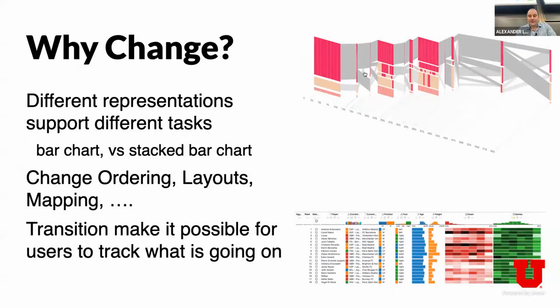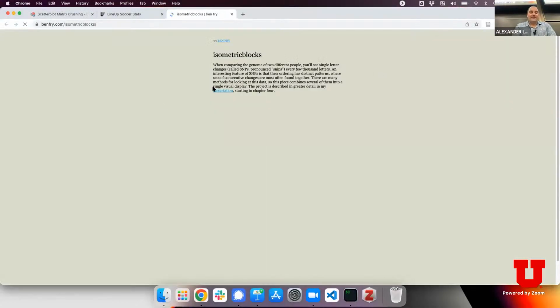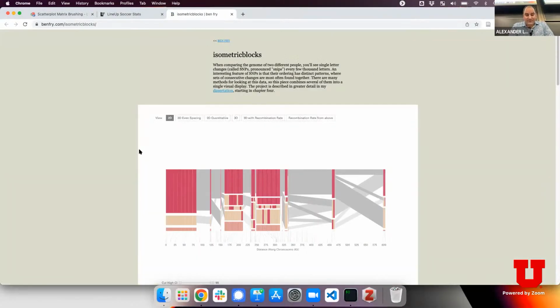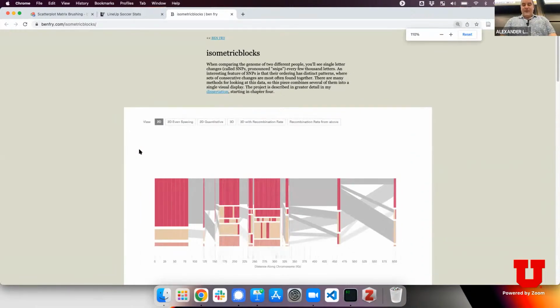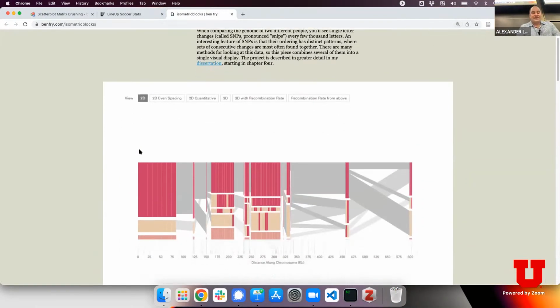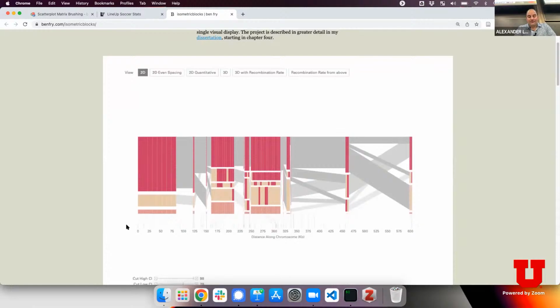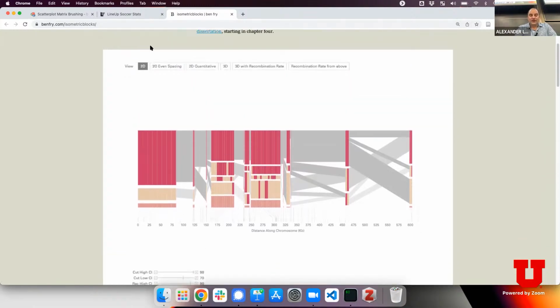Another example here is this tool. This is essentially information about single nucleotide polymorphisms. It's not that important what that is, but it is a biomolecular concept. The idea here really is that you can plot this, with chromosomal coordinates on the x-axis, and then you have these SNPs, and you see some bands and ribbons between them. At first, what you see here is just a 2D view,